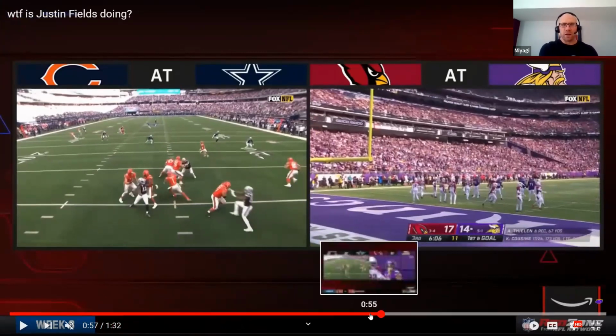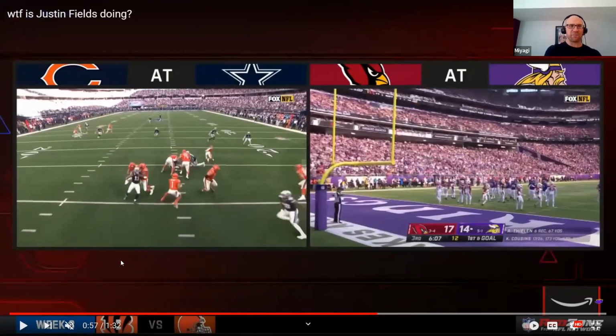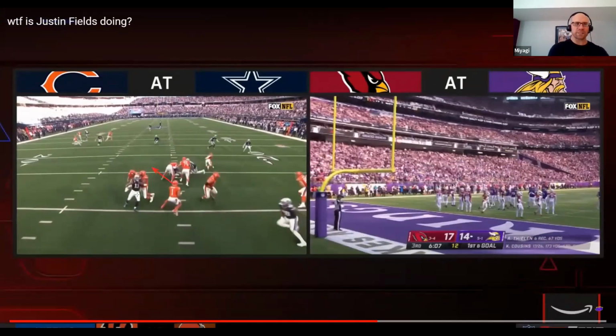But look at this, how he's coordinating his actions, guys and gals. When he sees Fields begin to climb the pocket, when Fields is going here, you can see he just turns and moves right back this way, right? And I did that little angle with the arrow or the line so you could kind of get where I'm going with this. He begins to turn and rotate his body as soon as Fields begins to climb the pocket a little bit